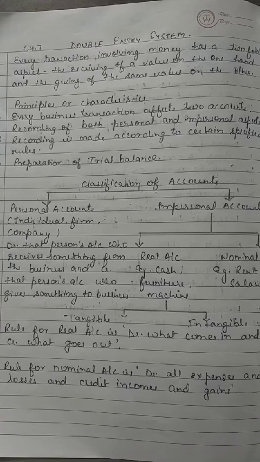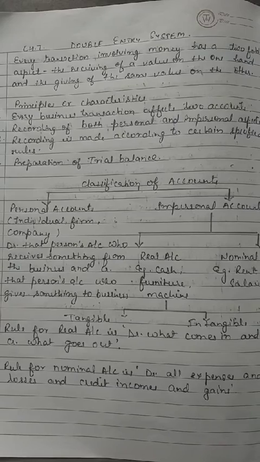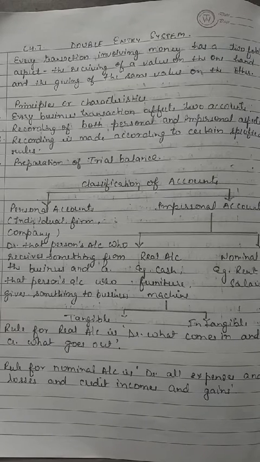So the rule is debit the expenses and losses and credit the income and gains. We can take examples of it. Pay 20,000 rupees for salary. In this case, two accounts will be affected, salaries and cash. Salary represents an expense and salary will be debited according to debit the expenses. On the other hand, cash will be credited according to the rule that credit what goes out. So what will be the entry? Entry will be salary account debit to cash account. That is debit the expenses and credit what goes out.